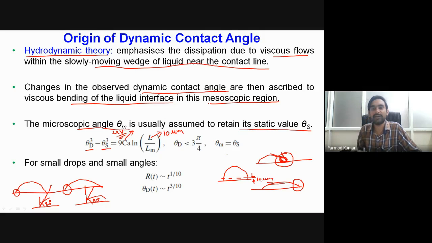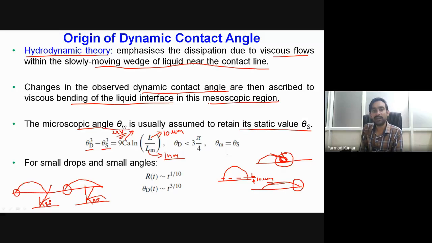Actually, we are measuring the value of the contact angle there, and that contact angle we call theta d. Lm over here represents the microscopic length scale, which is of molecular length order, so we consider this of the order of 1 nanometer. At 1 nanometer, our contact angle of the droplet with the surface will be equal to the static contact angle. These are the general values of 10 micrometers and 1 nanometer, which are acceptable for the majority of liquid surfaces when we have small capillary numbers while the droplet is spreading.